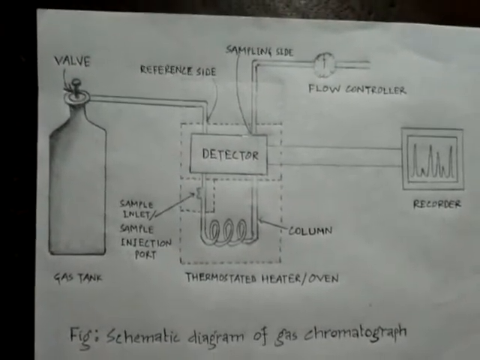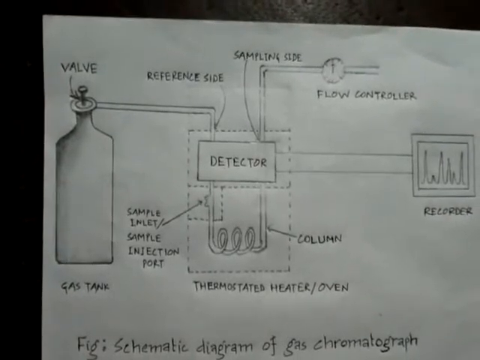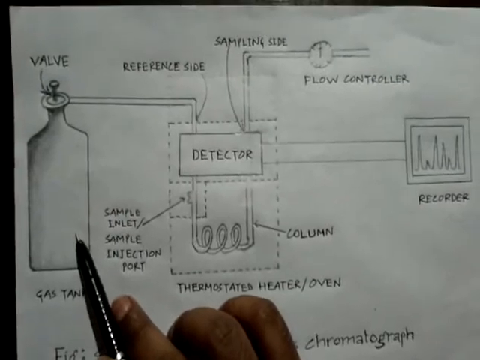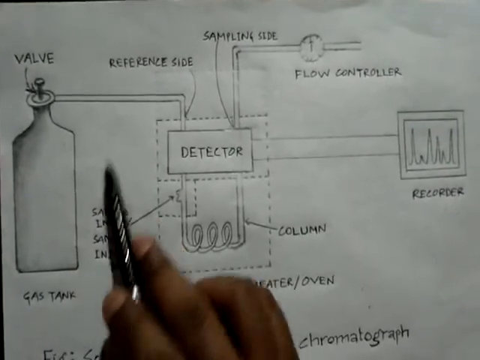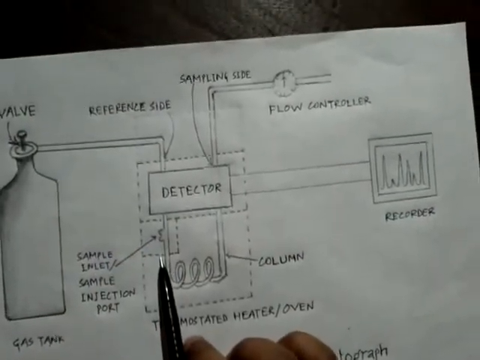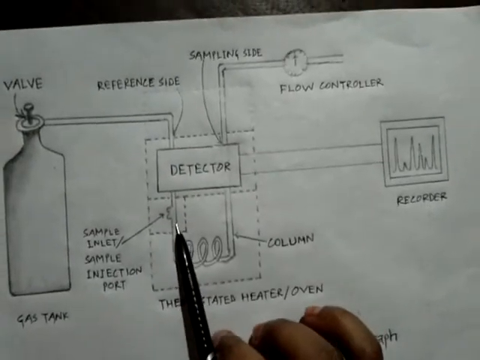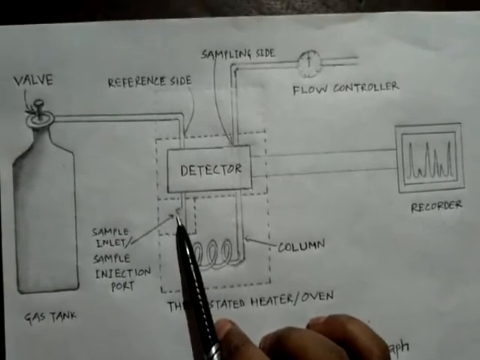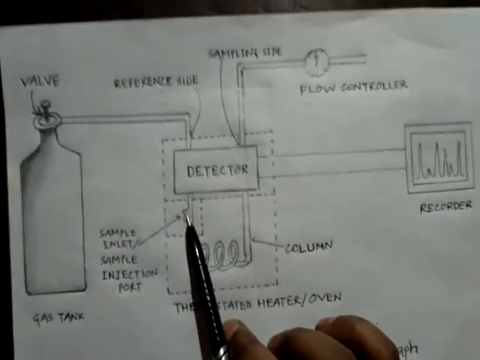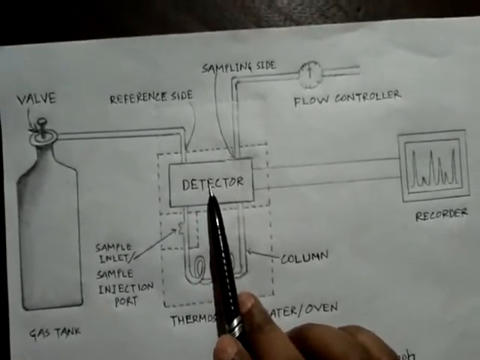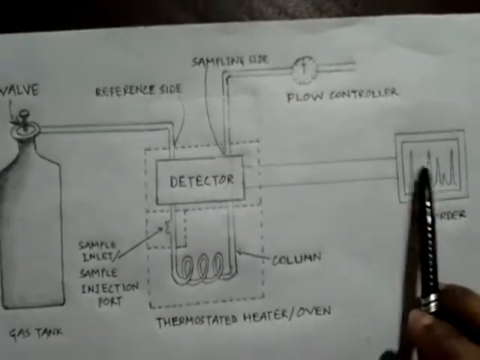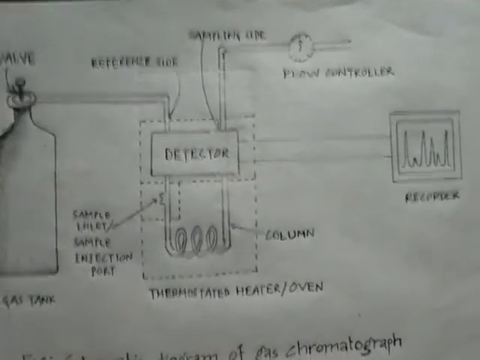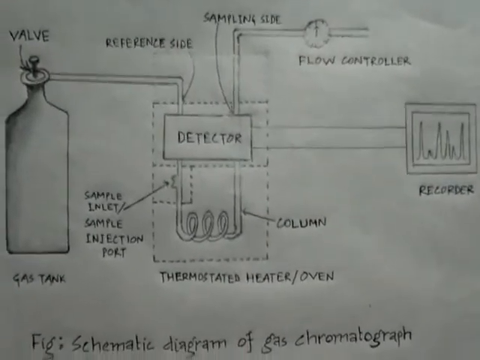Now we can make a clear picture in our mind about the instrumentation of gas chromatography. The carrier gas present in the tank acts as the mobile phase and passes through the column. Here the column acts as the stationary phase. The sample, after being injected from the sample inlet, has its affinity towards the mobile phase and stationary phase. The detector detects the sample and sends a signal to the recorder, where the peaks are recorded as a function of time, and thus GC works.